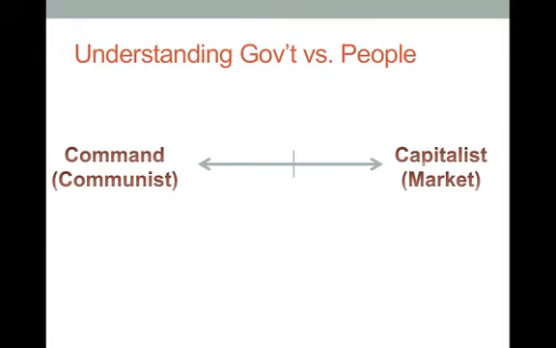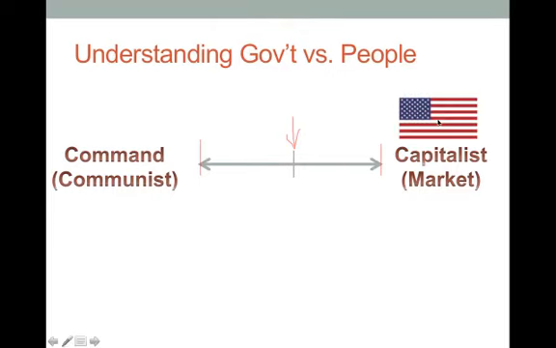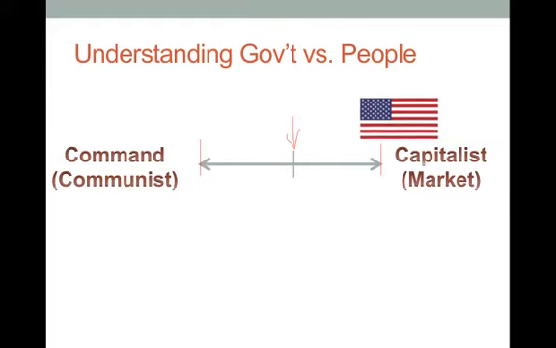Now, in reality, this does fit on a spectrum. So it can be all along the line, anywhere from over here, let's say, at the far left, to over here at the far right, or as we have here, there you go, my wonderful arrow, right there in the middle. Now, what do we have here in America? Some people think that we're purely capitalist, but that really isn't the case. In a purely capitalist economy, the government would have absolutely no role in the products that we have out in our marketplace. In America, the government does play a role.